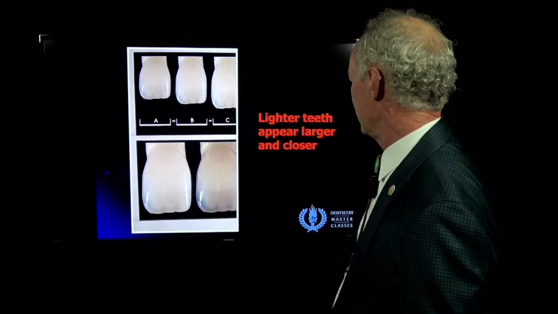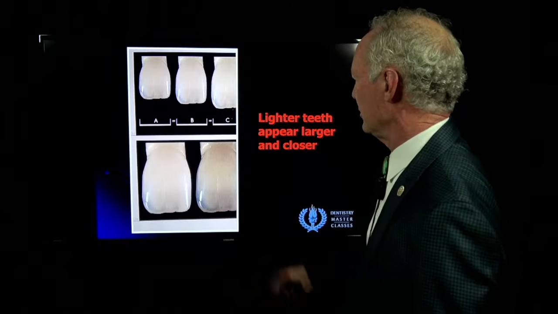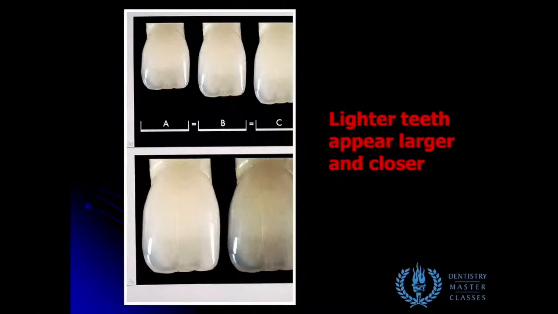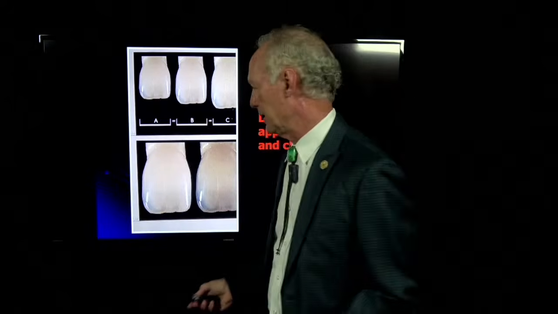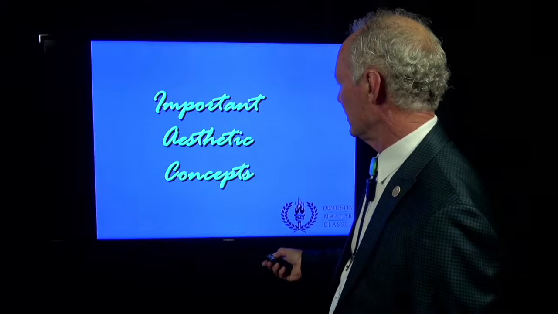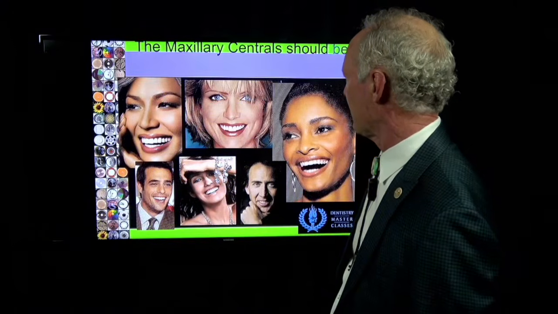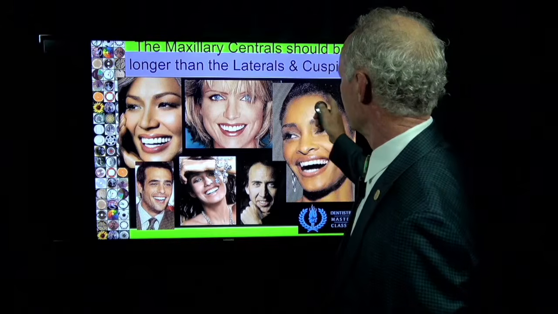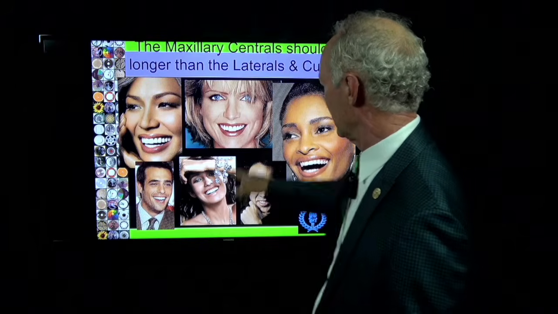Lighter teeth appear larger and closer to you. So if you fabricate restorations that are lighter than the original teeth, they're going to look larger and closer to you, even if they're the same length. Important aesthetic concepts. The maxillary central incisors should be longer than the lateral incisors and cuspids. This is a